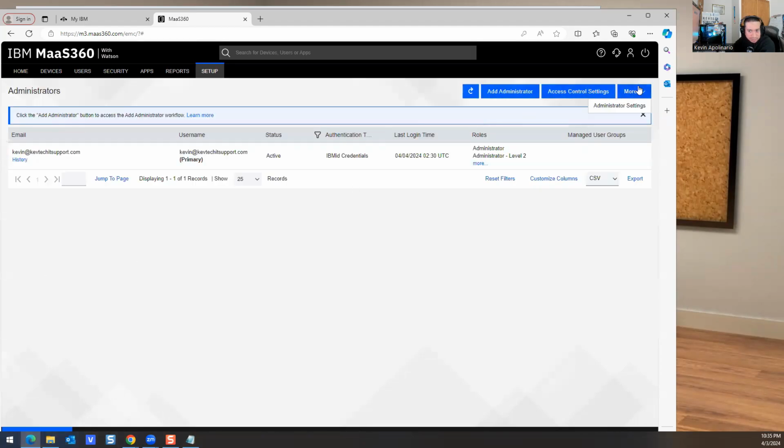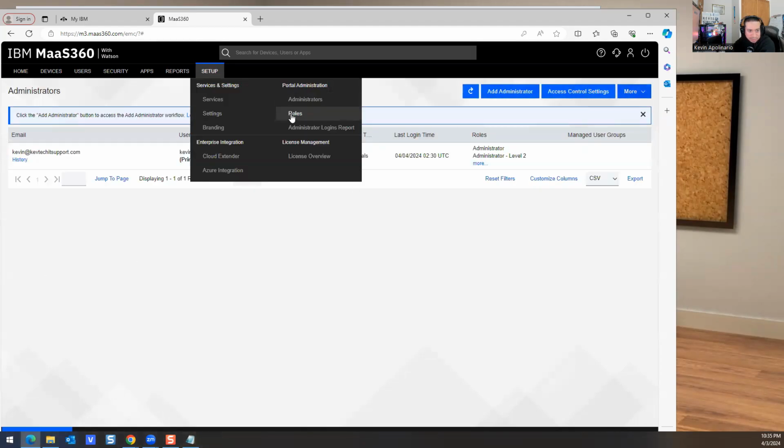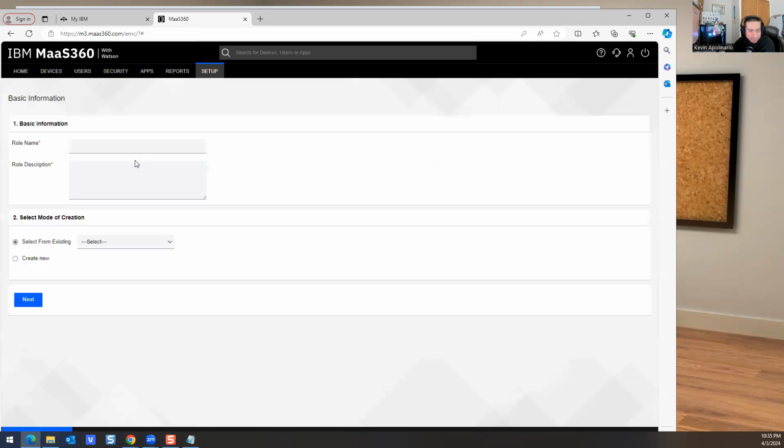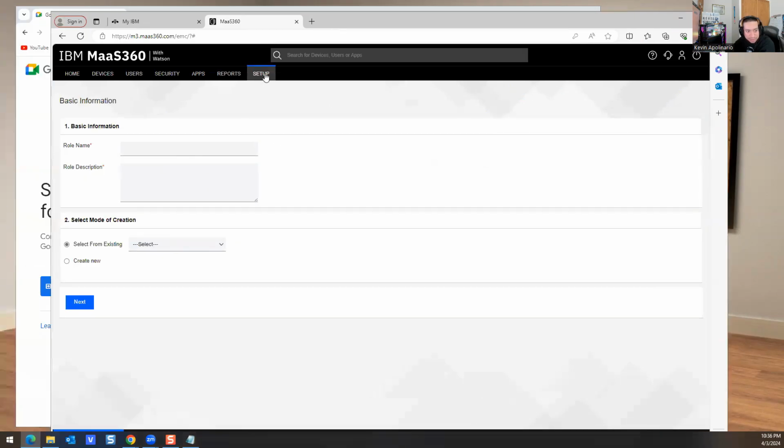If you want, we'll go back to setup. You have roles in here as well. So you could give people certain roles or certain things. So you could add a role here. And then say, for example, I don't know, like you could call it help desk because we have a help desk team, right? Say, for example, and call it tech team, right? You want to give them a template, so this is help desk only, right? You hit next,